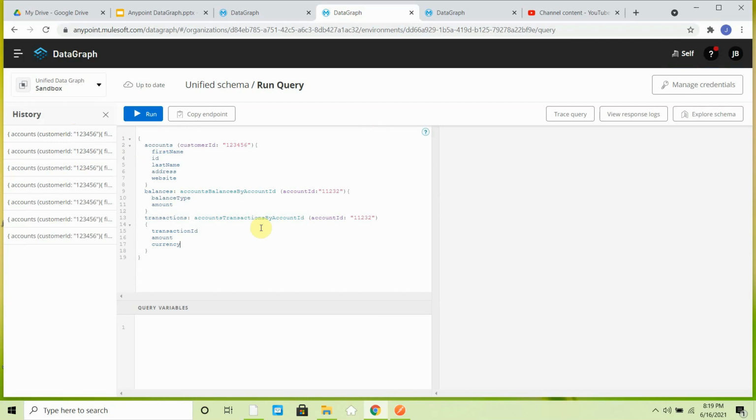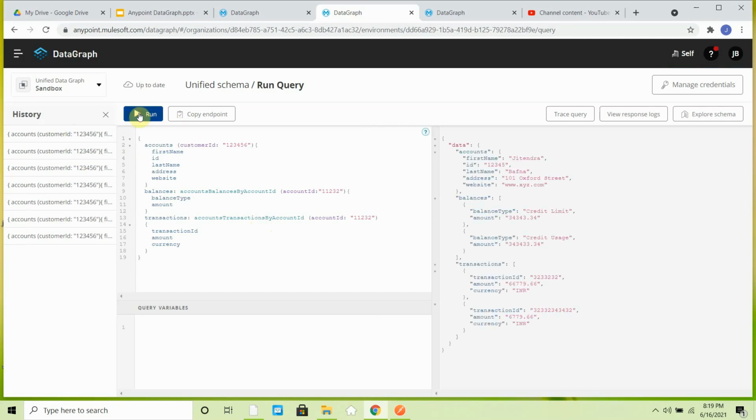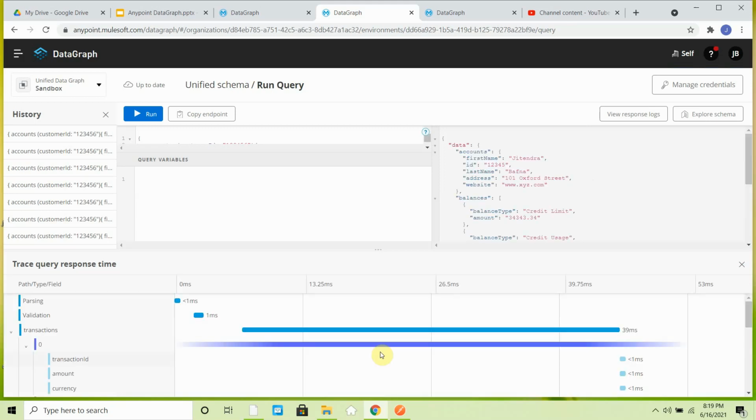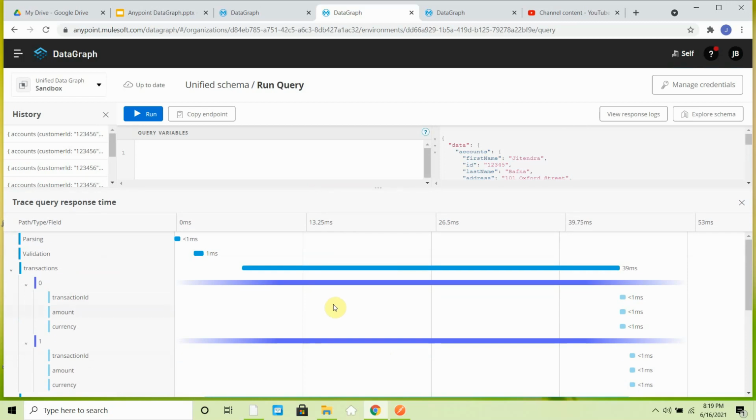You can pick the query from your history and simply say run. This will run the query and give the response back. Then you also have an option to trace a query, and you can say run again.